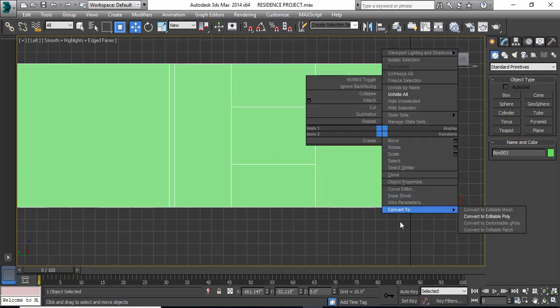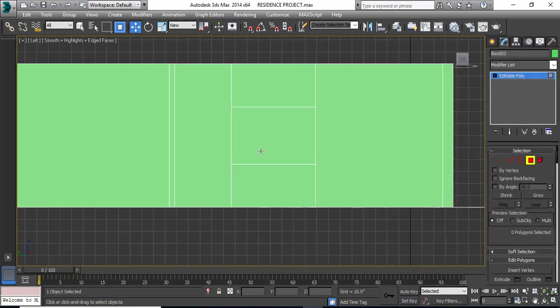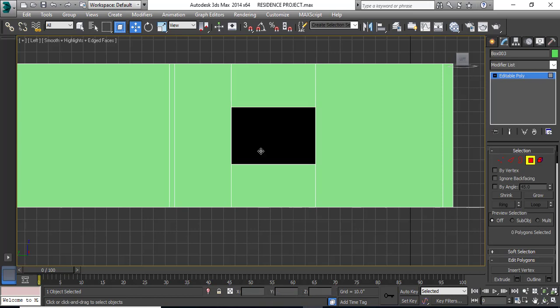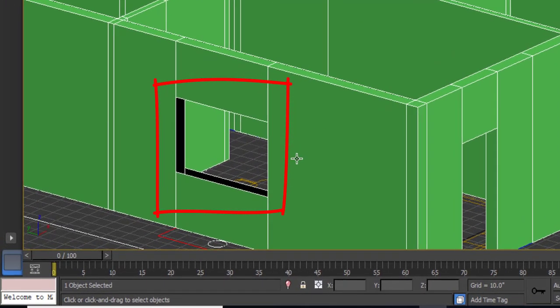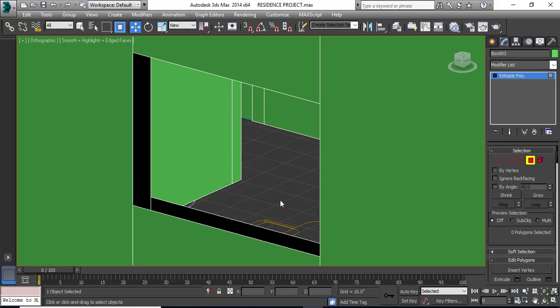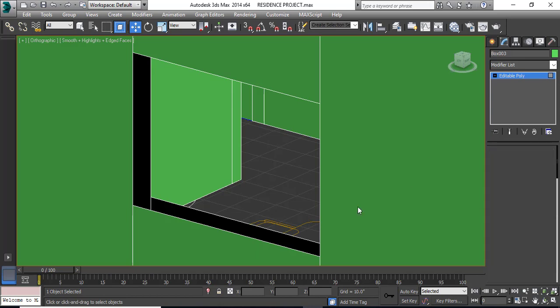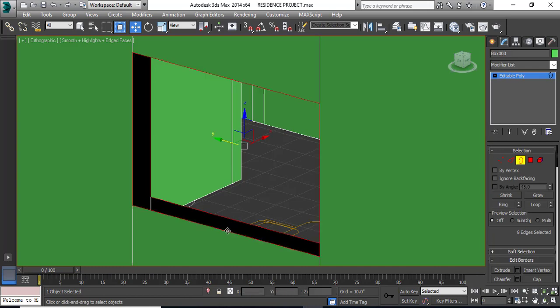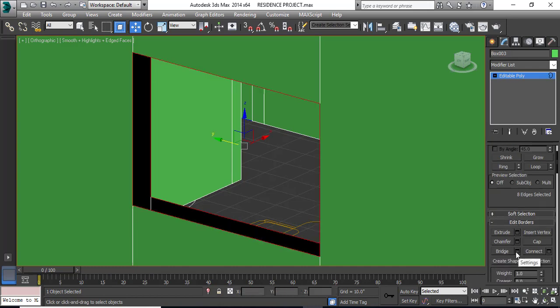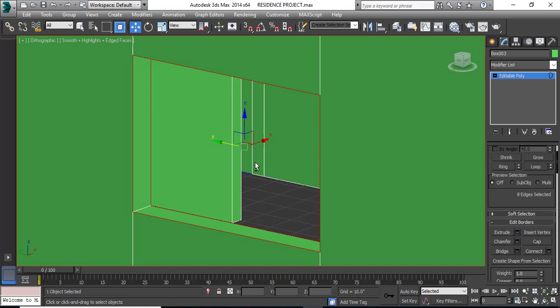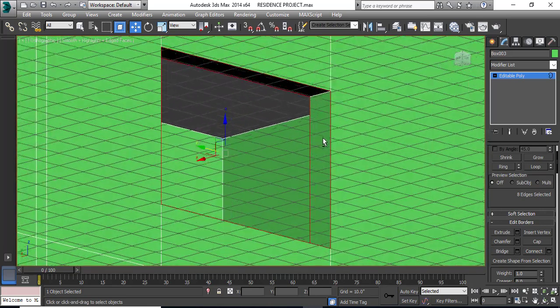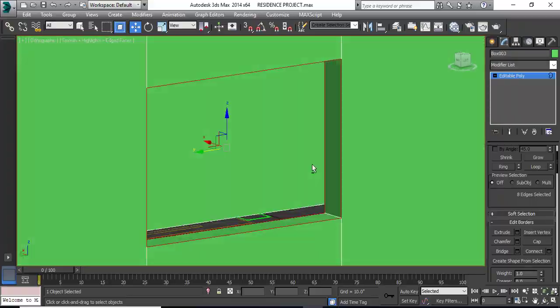I'll again click my model, convert it, and delete the window outer face and then the inner face. We'll see if it is done correctly. Yeah, it is done correctly. Now the same way, now as you can see, again these are the hollow walls. Now to create the face of the wall so that we can put a window, we'll go to border and we'll click on the edge of the windows, and again the same way we'll scroll down and click on the bridge. You can clearly see the difference. My face, all the faces of the wall has been created.